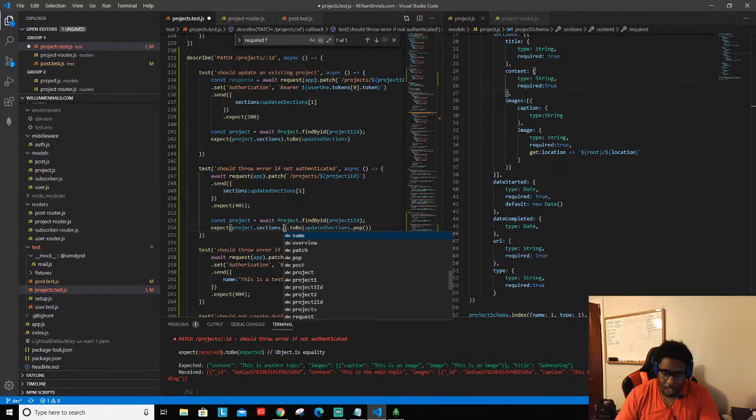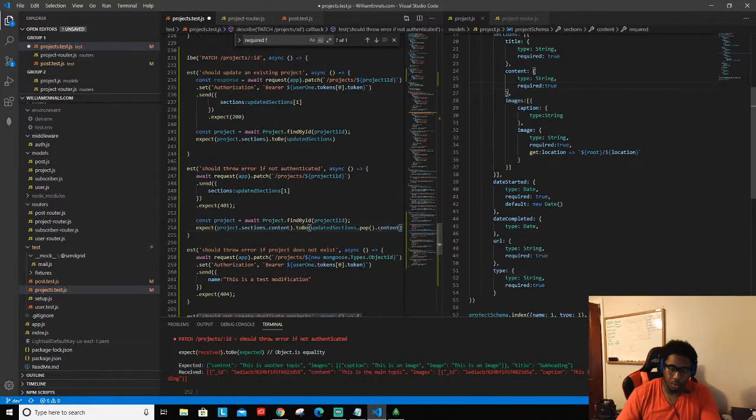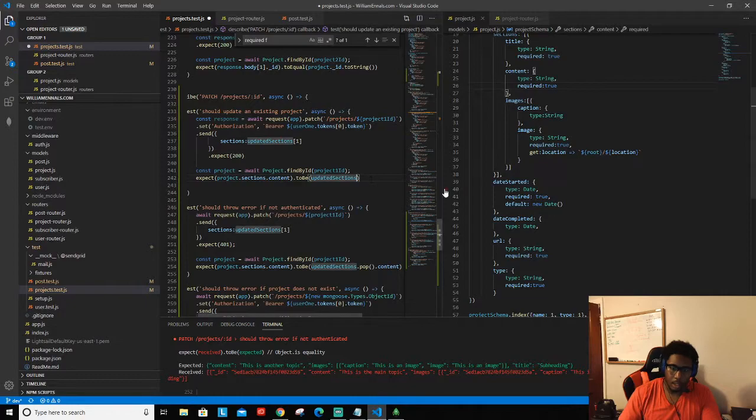I'm going to do dot content, and then we can actually just do a dot content on that as well, right? So now we can do dot content, and then I need to do actually this one I'm just gonna do a dot length,